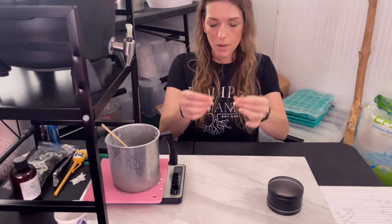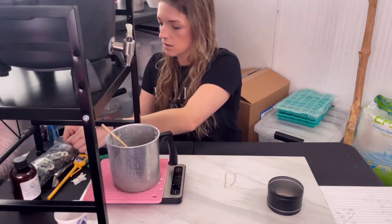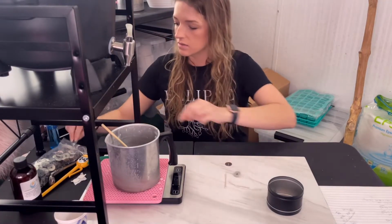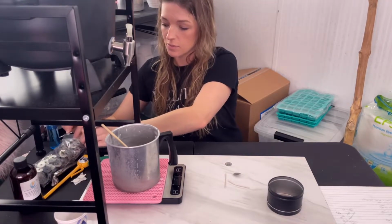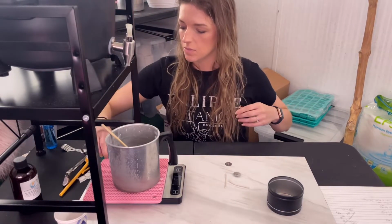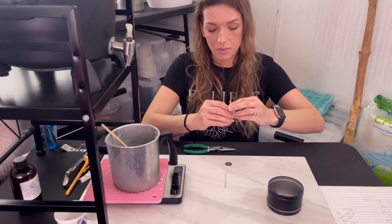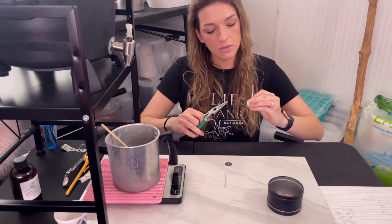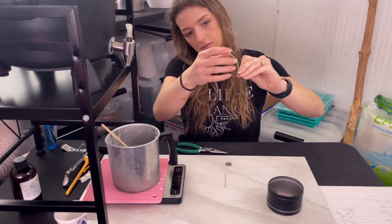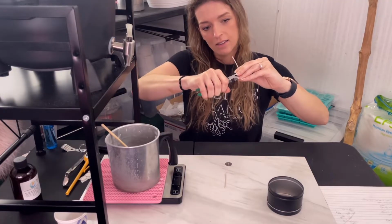Now I'm going to prep my little wick trimmings. So rather than just throwing those away, I'm going to save myself from using 2 more wicks entirely and just clip them on. I do also have a video showing how to do this that I made forever ago. I should probably update it, but I'll attach that above too. But basically you just stick the wick in through the hole, take your needle nose pliers, pinch,